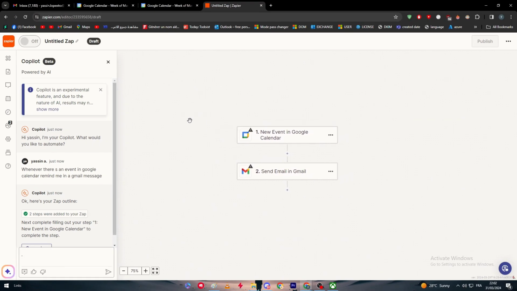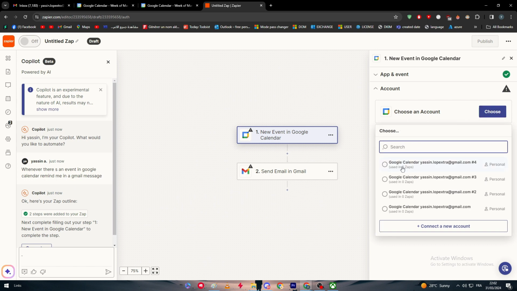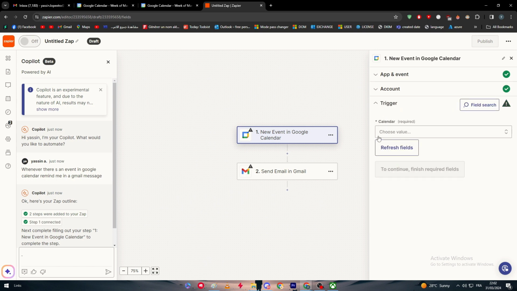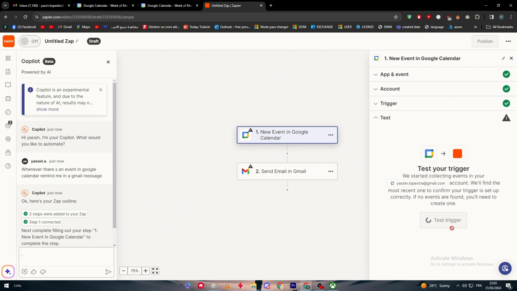We are not done yet. We have to go through a couple of settings, and then we are going to be successfully done, and this automation will be working seamlessly. So the first thing is to go ahead to your new events in Google Calendar and choose the account that you would like to connect. Here I'm going to choose the account that we have recently connected, and then I'm going to click here, choose the account where you have the events,